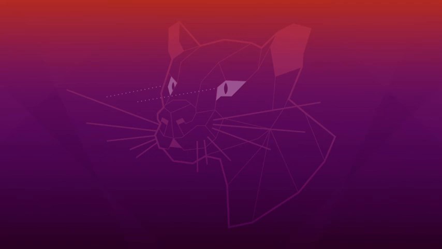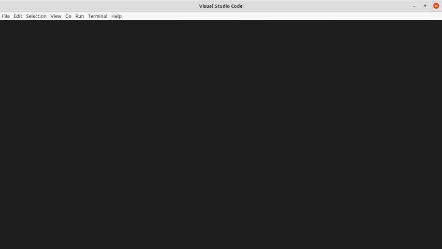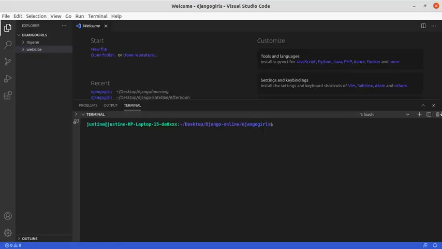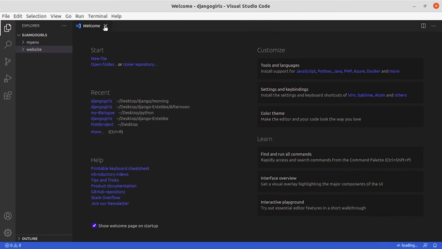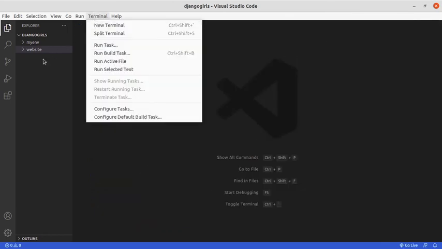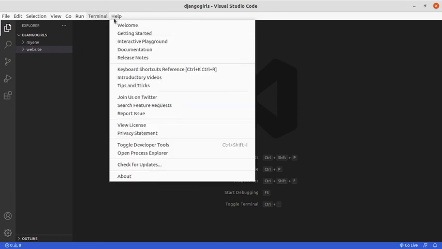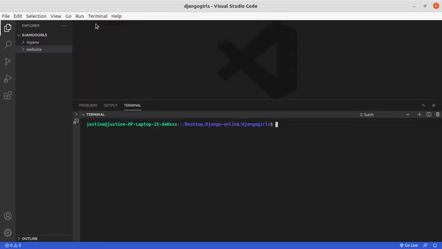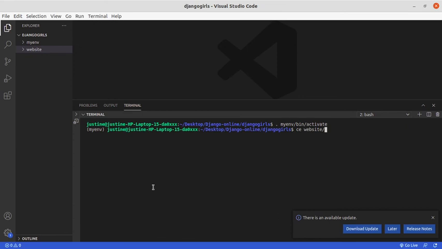Let's say tomorrow or the next day when I'm working on the same project, you simply open your project with Visual Studio Code. Then open your terminal. You see now it has the virtual environment and it also has the project in. So you don't have to create another virtual environment, you don't have to start a new project. So you simply activate the existing virtual environment. Then you don't have to create a project, so you simply cd website. Then